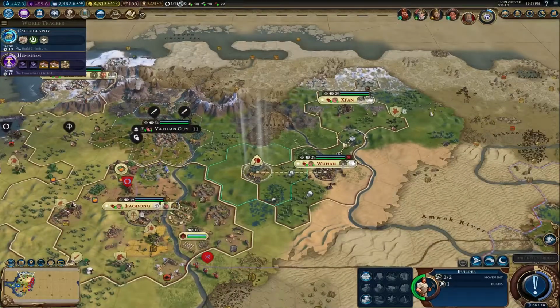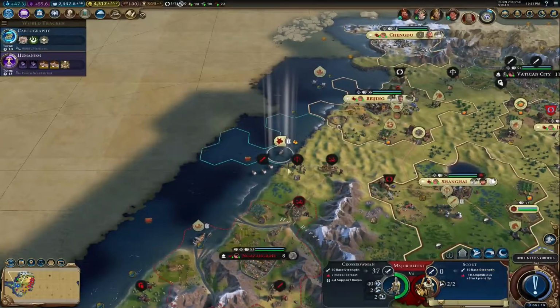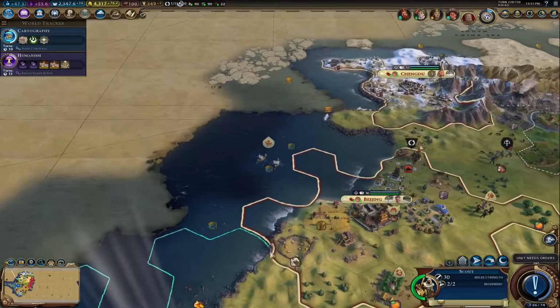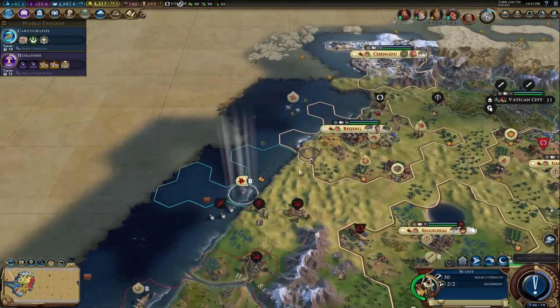Look, we have olives over here, too. I didn't know that. Olives over here, too. I didn't know that till right now. And this is a cliff right here. So this whole shoreline is a cliff. So maybe I should just...